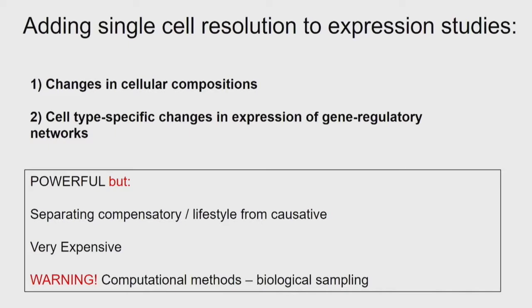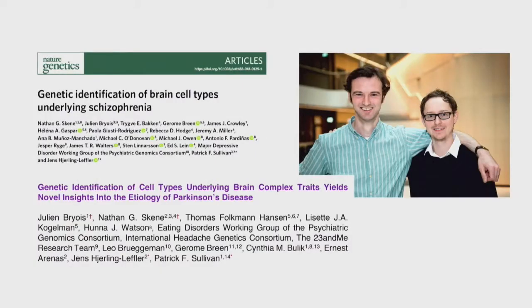But I want to talk to you about a different kind of analysis, which we have used in my lab. This is really the work of two postdocs, Nathan Skene in my lab and Julien Bryois, who is working with Patrick Sullivan, also at Karolinska and UNC. Nathan just started his own group at Imperial College, so he's no longer with me, unfortunately. One of these studies was published last year, and the other is on bioRxiv, if you want to go and find it.